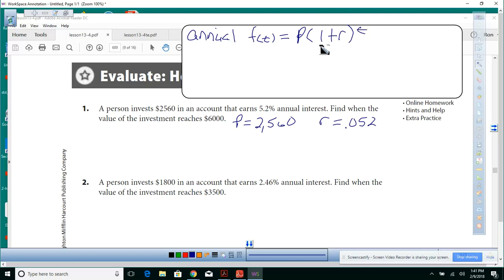And that's just like the exponential growth. If it's more than annual, we'll say greater than 1 times a year, we're going to use f of t equals the principal times 1 plus the rate over the number of times a year, to the n times t power. So P is always principal